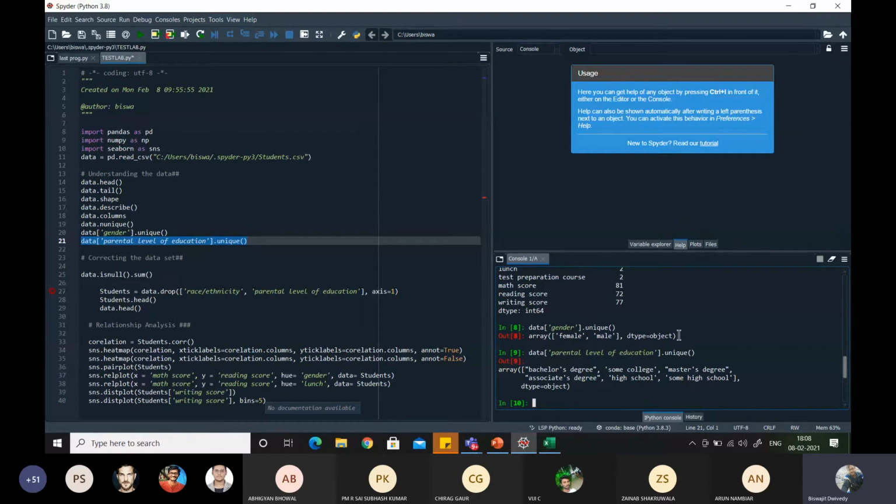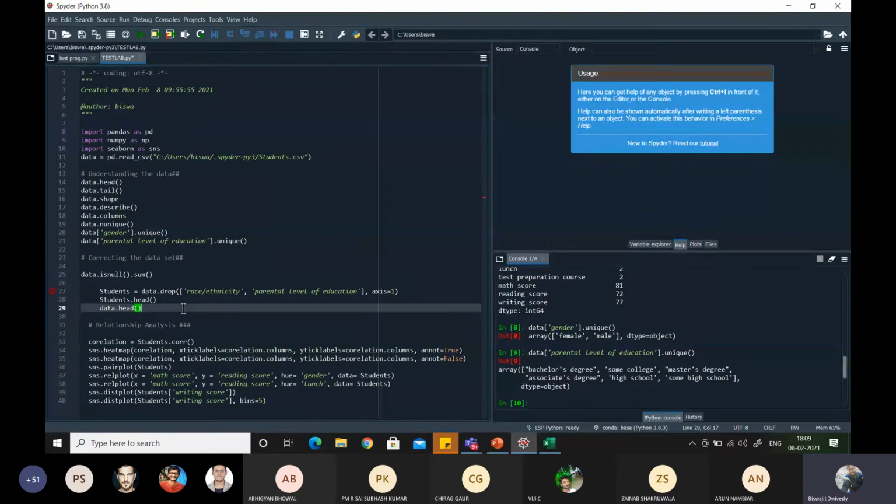Next is correcting the data sets. I have already told you that these are the basic steps involved in your EDA. This is also very important, because sometimes there may be errors in your data entry. These errors are not man-made; they are genuinely made by machines, or happen during taking measurements.